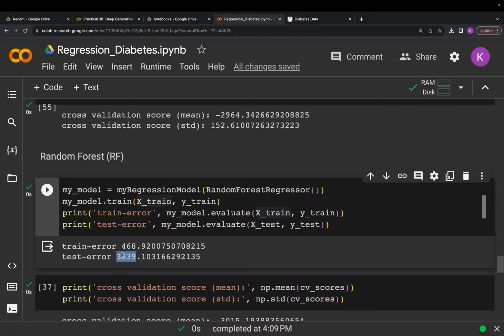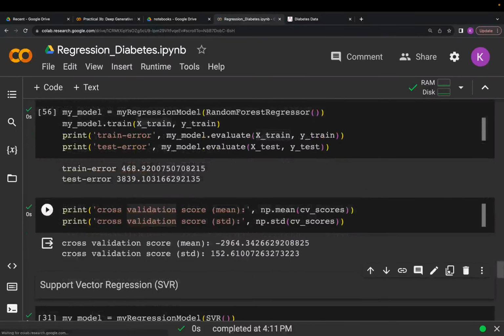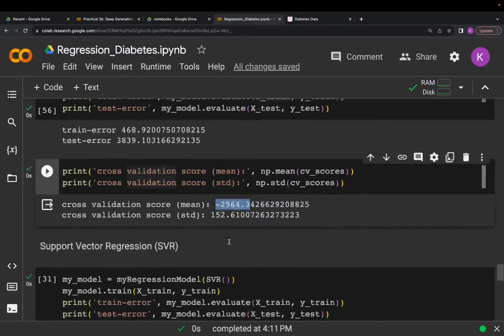One thing we can explain is that the training error is way less than the test error. The difference between the training and test error is too high. So one message we can come up with is that here the model is overfitting. If you do the cross validation, we see the mean of the error is around 3000. Okay,